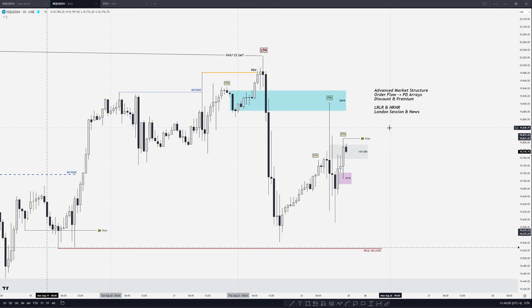So low resistance and high resistance. So advanced market structure, you're going to be utilizing things like higher time frame PD arrays, stop sweeps, short-term highs, intermediate-term highs. And if you don't know how to classify those things,